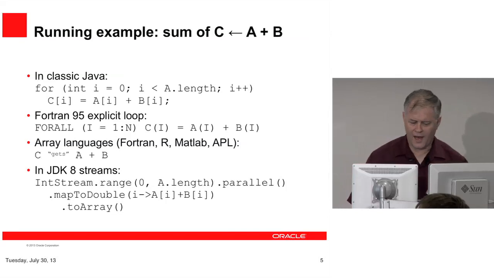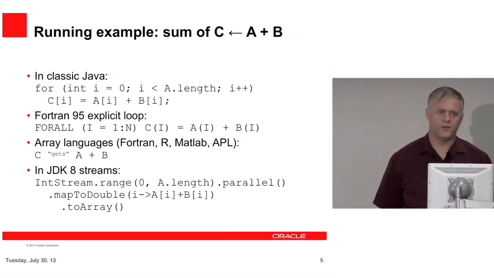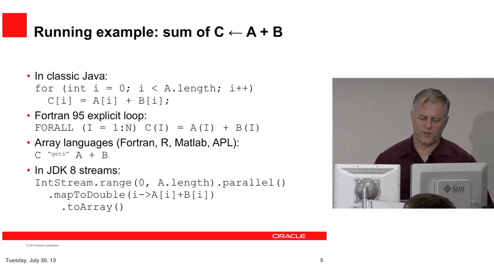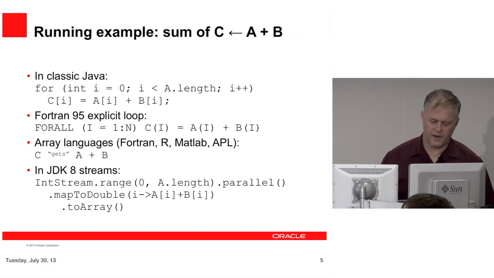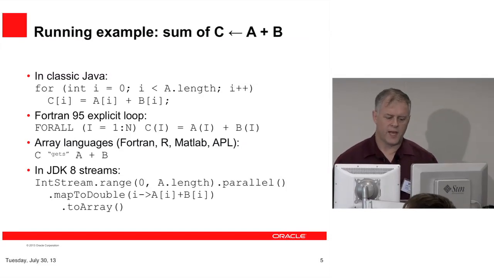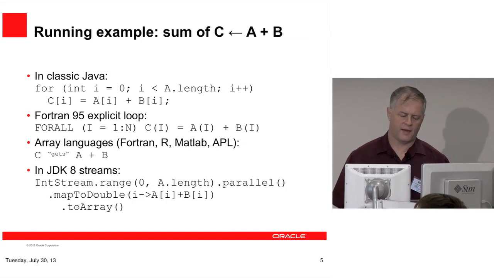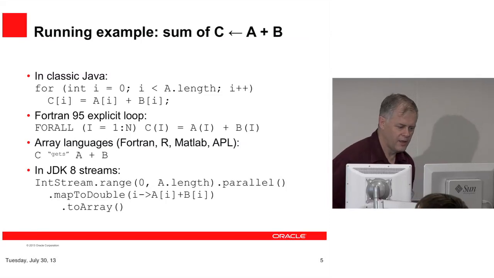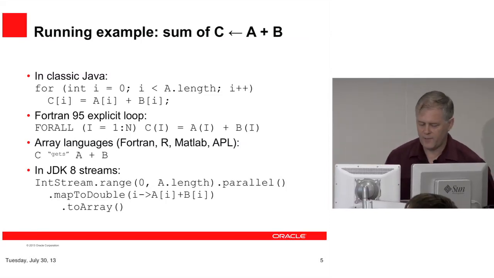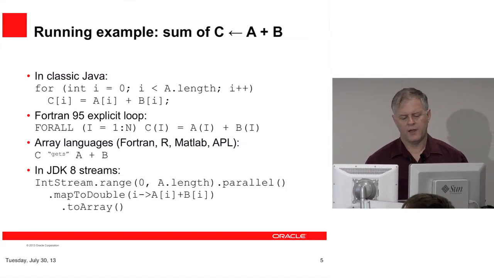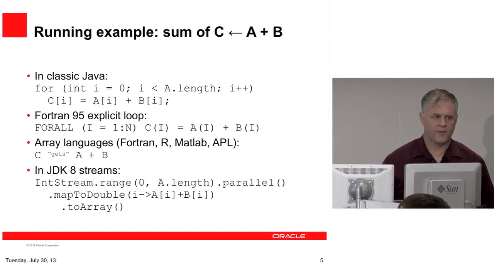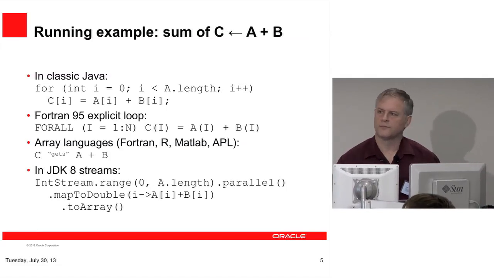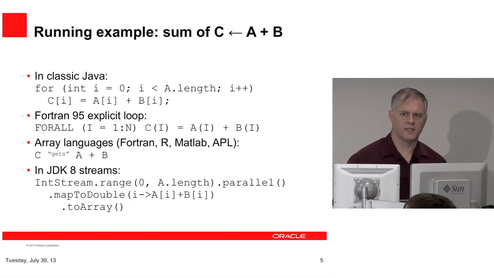What else? Yes, and in JDK 8 you can do this too. In fact, this example was anticipated with small variations by Vasanth and Eric's talk. But you take a range, and then you work over that index set. And those of you who are APL people are thinking iota right now. And you then take a lambda, which is not very APL-ish. Well, it could be. And using that lambda, you pick out the two pieces you want and add them together. And then you'll notice there's no C here. C doesn't really appear as a side-effected target.